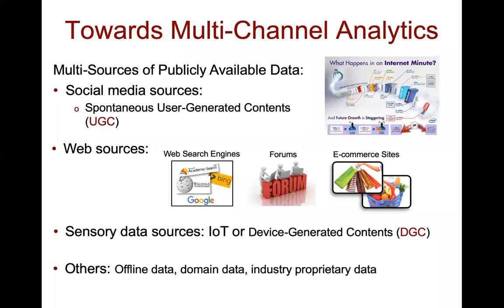We also have some offline data, domain data in an industry, proprietary data. Offline data could be, let's say, transactions in supermarkets. So how do we leverage all this data together to make sense of it holistically? It's not that your offline data will contradict and restrict your online data, but rather they'll help each other.